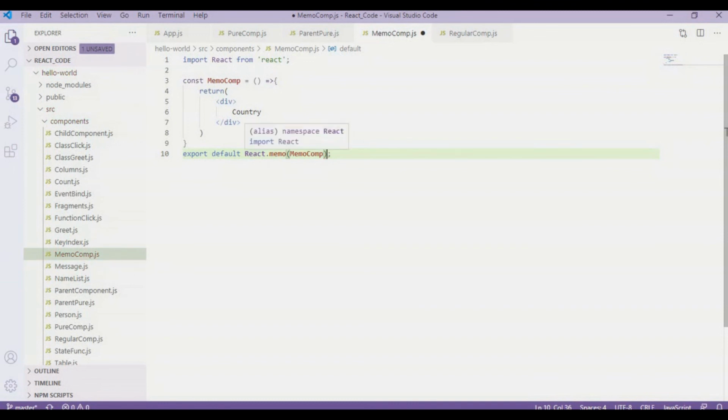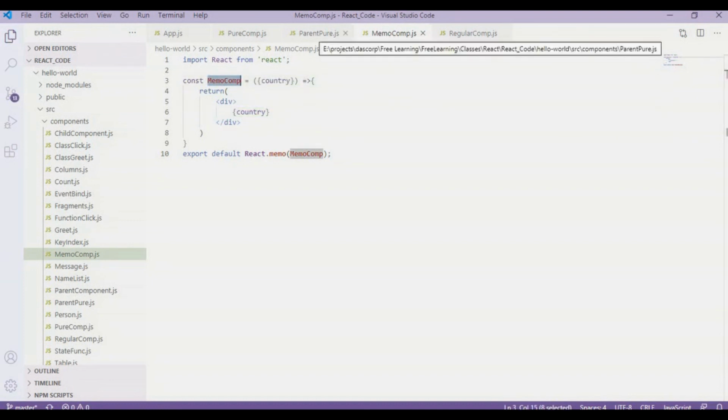Now it will act like a memo, and in this case I'm going to have the props from our parent component, which will be country. So I'm going to use that country over here like this, and I'll call this memo component in our parent component.